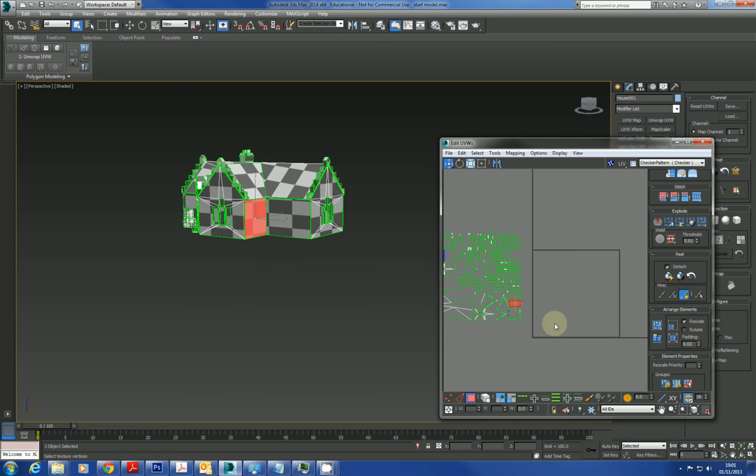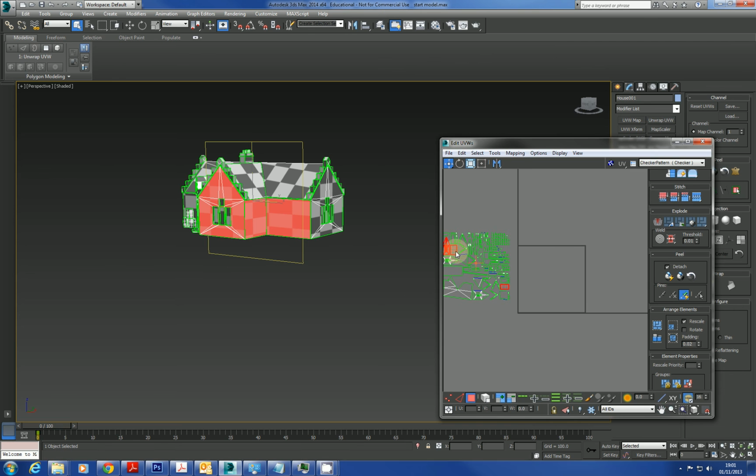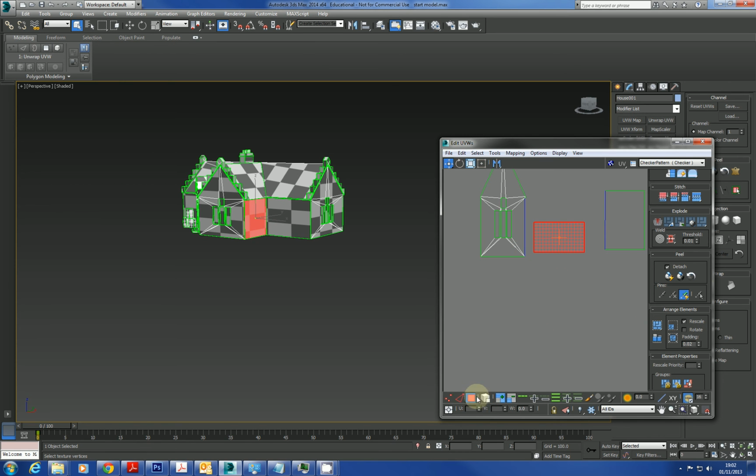So I'm going to choose this face. This one's over here. I'll choose that face, select that, and move that across here. What I'm going to do is start stitching these up because I'm much happier with these ones. At least they're there, and the proportions are already there. So if I hit that edge and hit this option here, sorry, the options are not there,